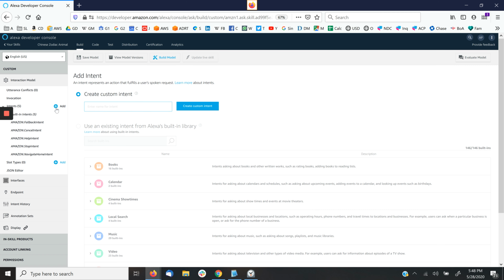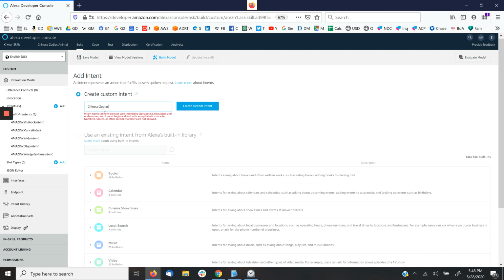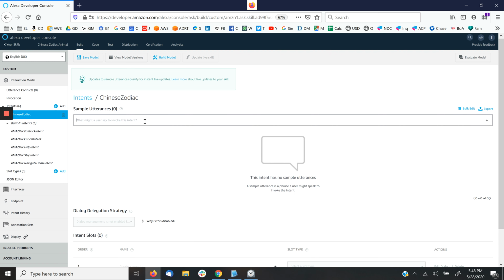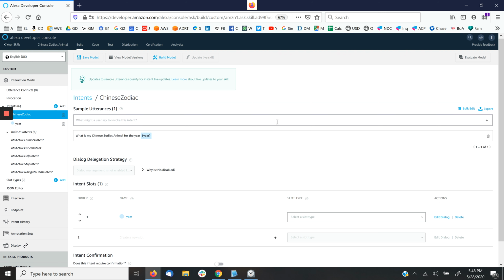I'm going to define a custom intent called Chinese zodiac without spaces. I'm going to create the custom intent and provide the sample utterances as what is my Chinese zodiac animal for the year. I'm going to provide year in curly braces, making it a slot, and add that utterance, and I'm just going to give another utterance. What is the Chinese zodiac animal for the year? And I'm going to select this existing slot which I defined earlier. Add that second utterance